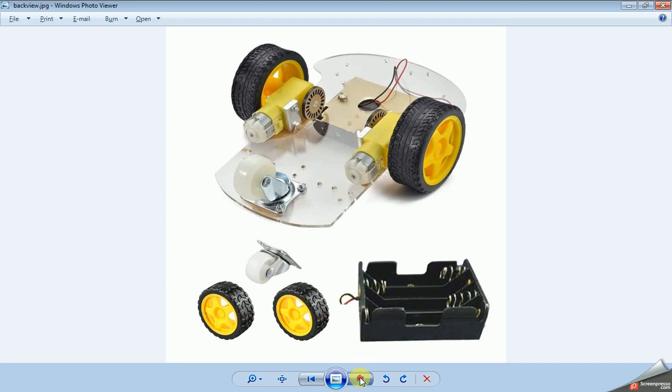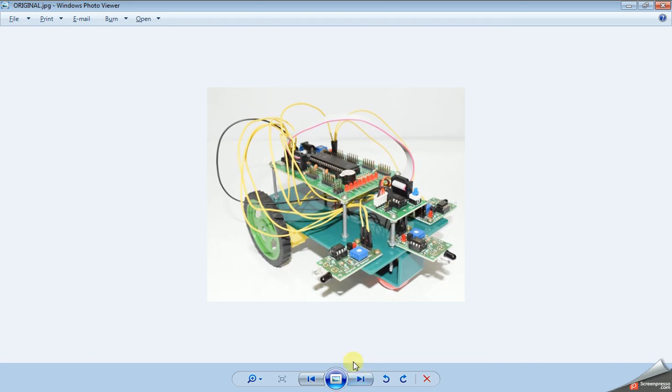Yeah, so whenever there is an obstacle at the left side, that is this sensor side, the robot has to move in the right direction. So the left sensor detects 1. Whenever the left sensor detects 1, the robot has to move to the right side.